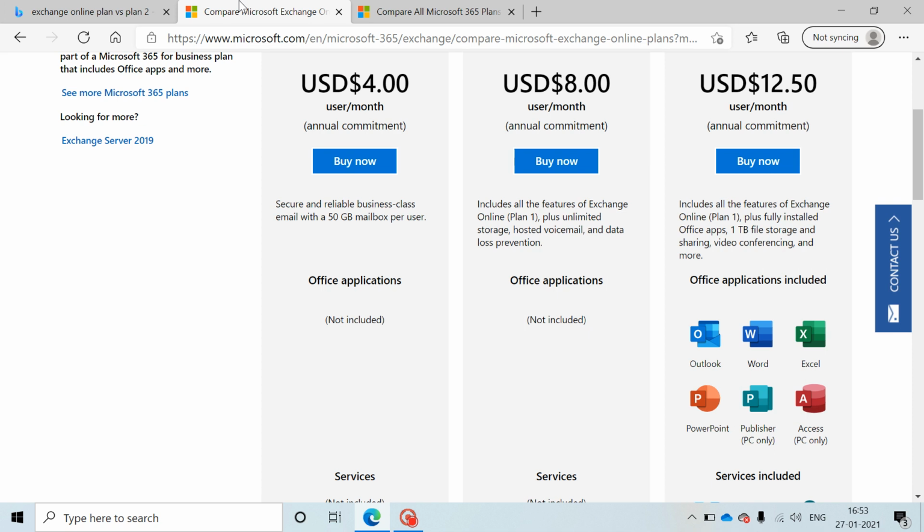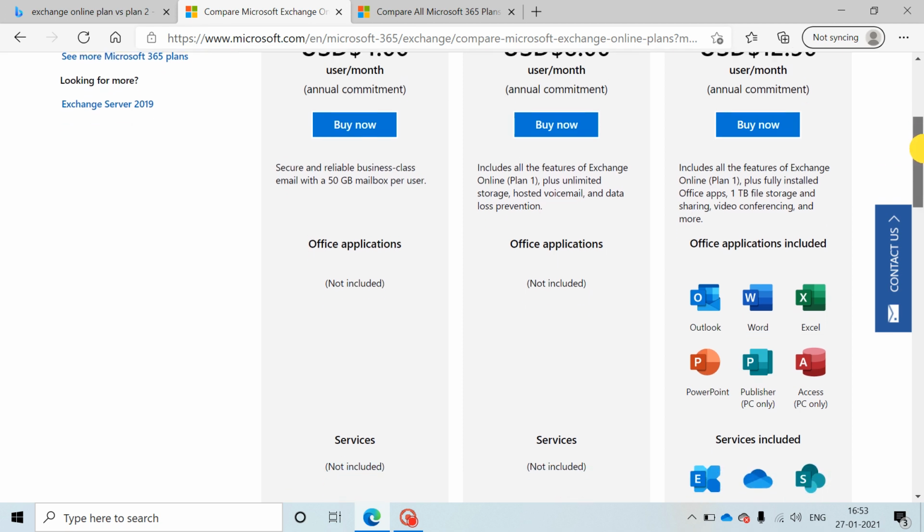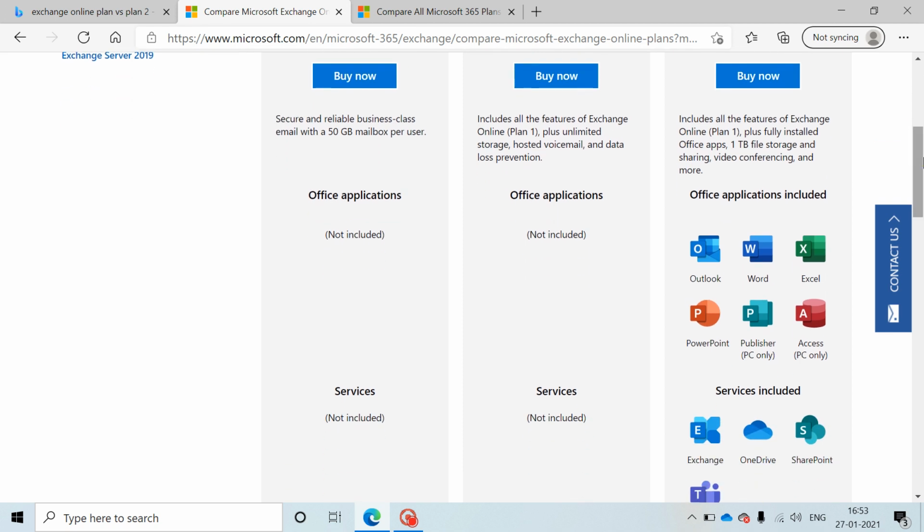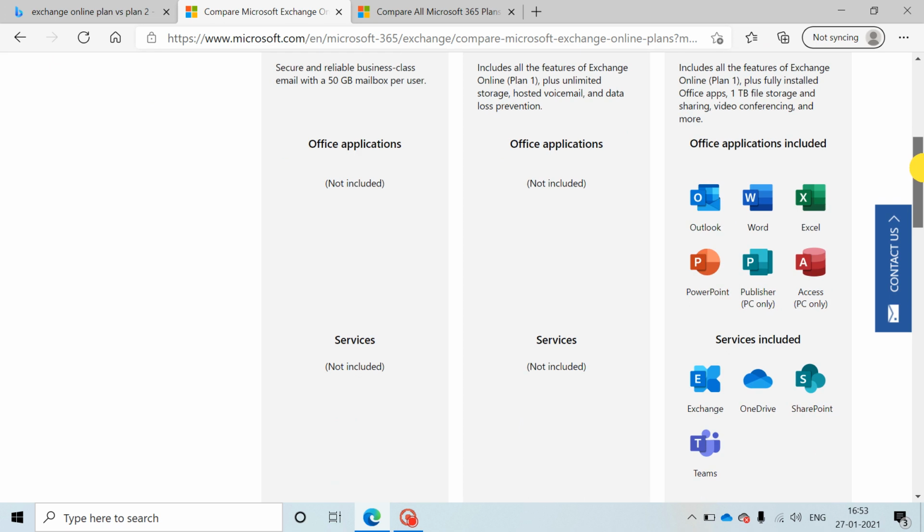Now if you see it, it will just go above your head because you won't understand why you need that, right? So now I will just explain the main benefit or main difference between the two. Exchange Plan 1 has a 50 GB mailbox. Plan 2 gives you a 100 GB mailbox. In Plan 1